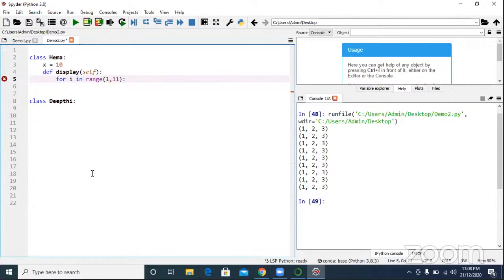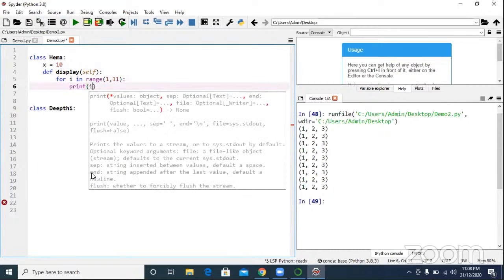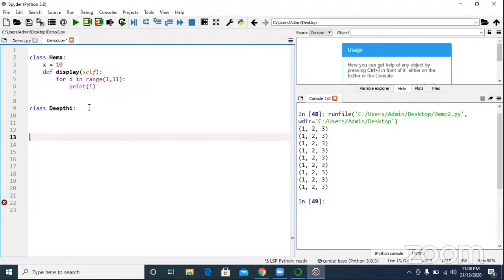Your for loop will work from 1 to 10. Everyone knows, print i will print 1 to 10 as numbers. Yes or no? Yes. Y equal to 20. Correct?